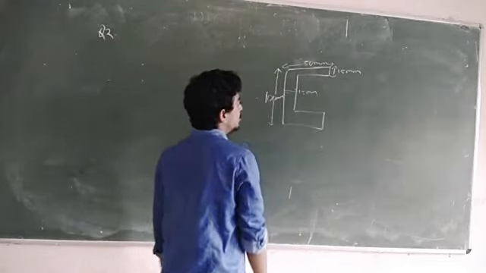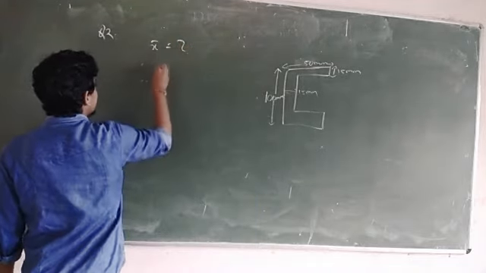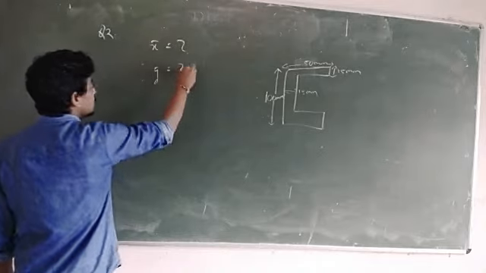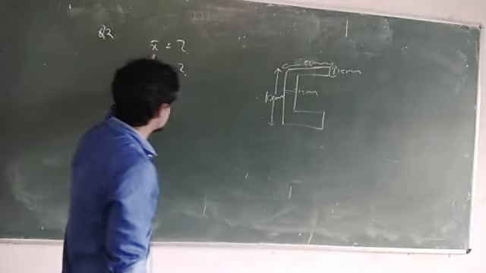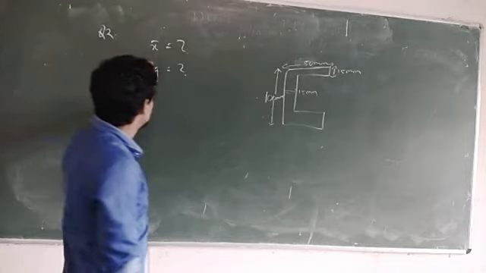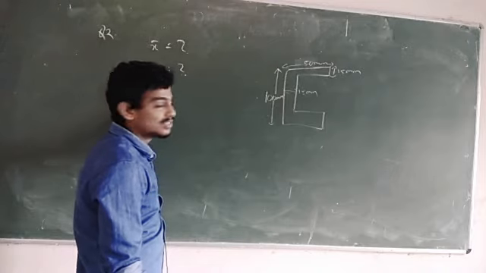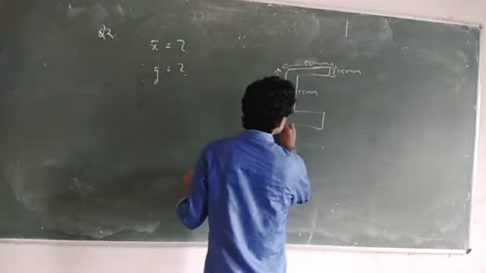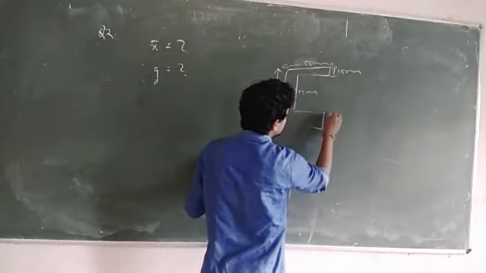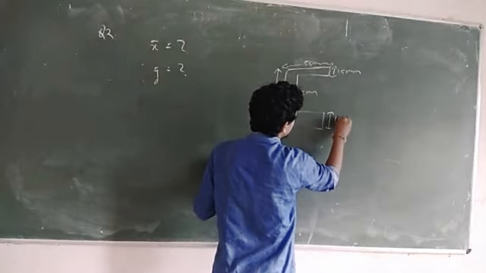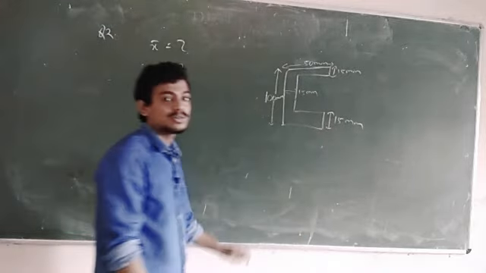In this case, you have to calculate two distances: one is x bar and another one is y bar. Okay. The x bar means centroidal distance in the x direction, and y bar means centroidal distance in the y direction. So this you have to calculate. This is 15 mm, this is 15 mm, so this will also be 15 mm. I mentioned it here.